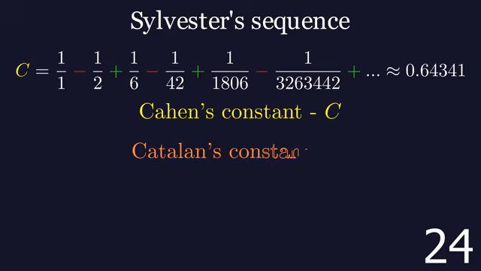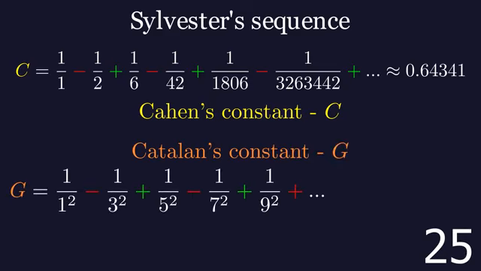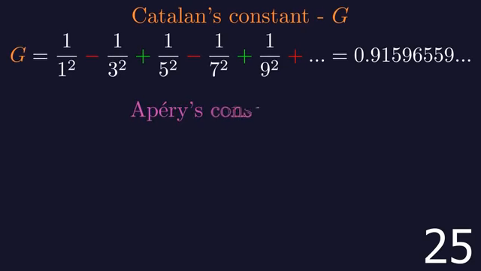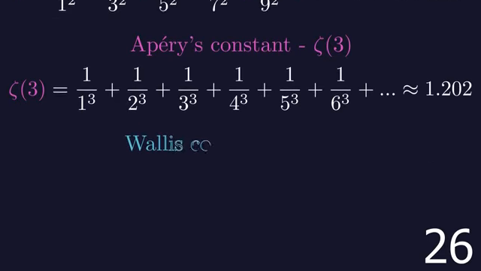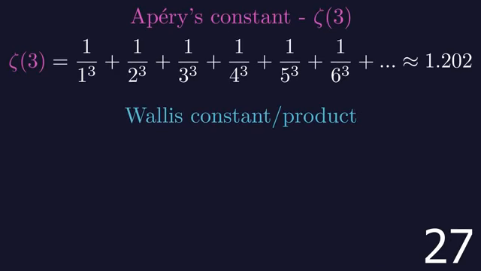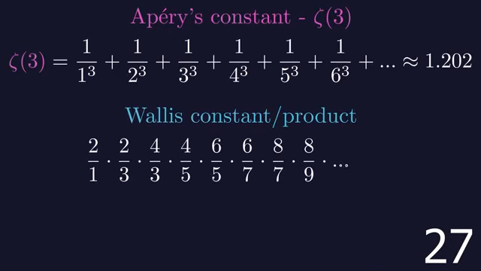Catalan's constant is defined as the alternating sum of the reciprocals of the squares of the odd numbers. Its value is approximately 0.91. Apéry's constant is the sum of the reciprocals of the cubes of all natural numbers, with a value of around 1.2. The Wallis product is defined as 2 over 1 times 2 over 3 times 4